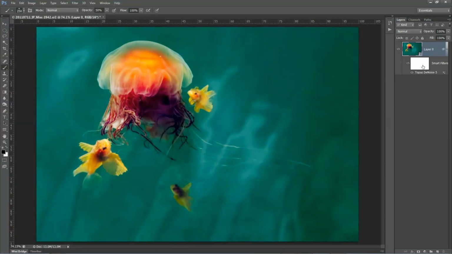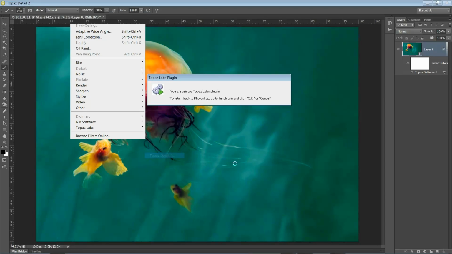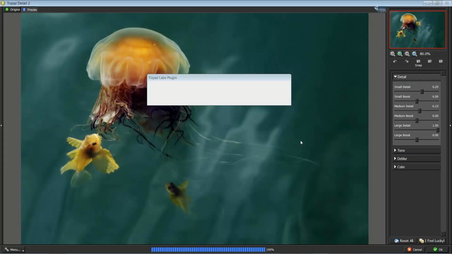When I look at the basic smart object functionality, I do have on these smart filters a layer mask, which is a nice thing. The problem with smart filters, at least what we have right now, is that I have one layer mask. So if I wanted to go in and maybe add some detail back into the bell of this jelly or maybe to these prawfish, I would need to do that on a separate layer. Well, since it's a smart object, I don't really have that option. But if I went in, filter, Topaz, detail,